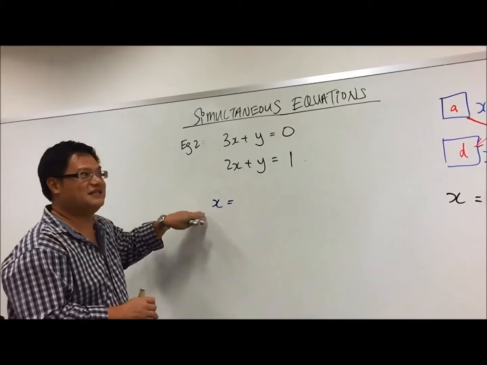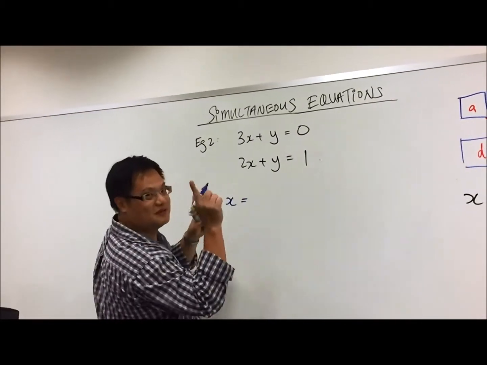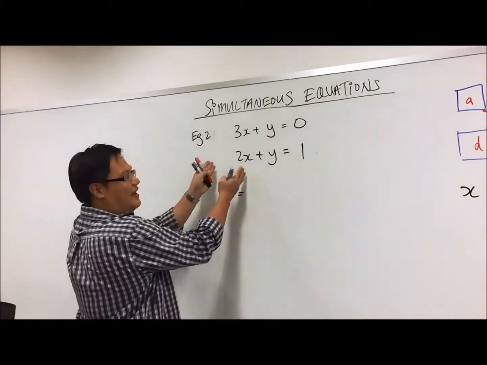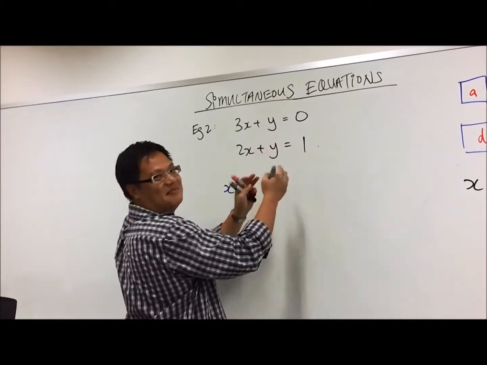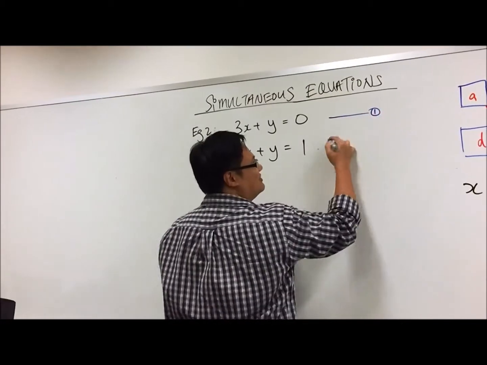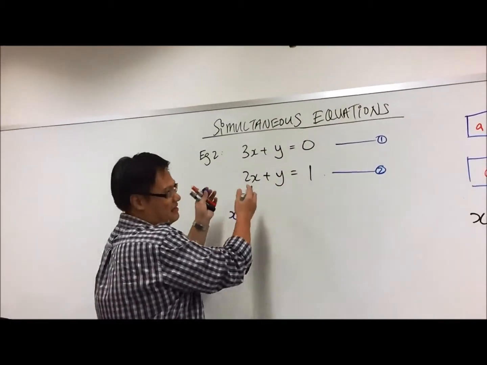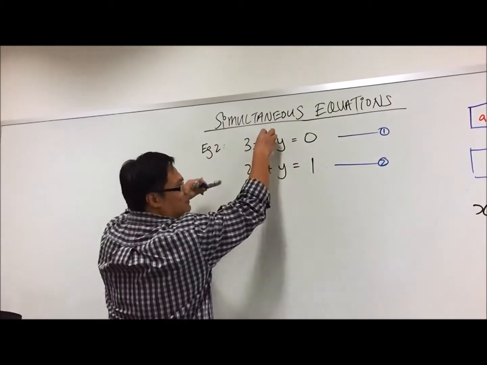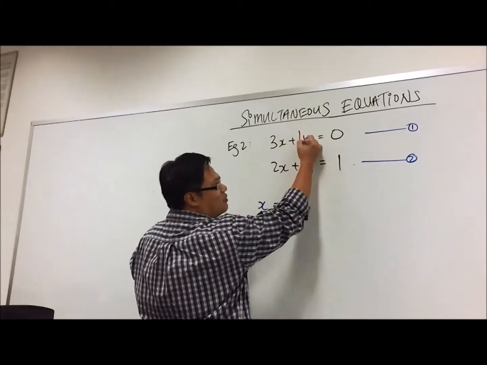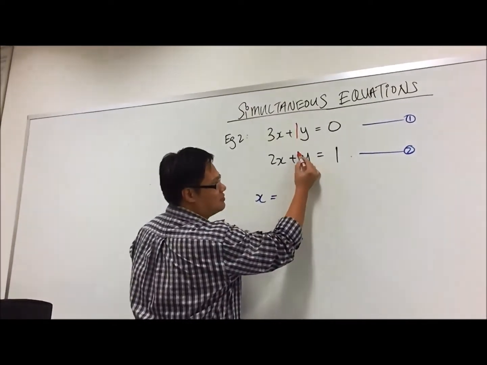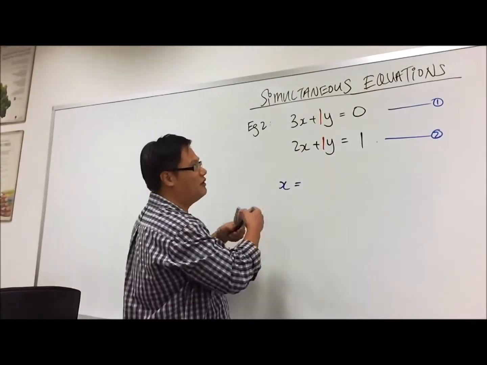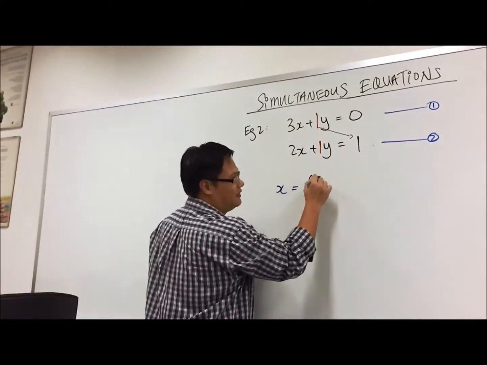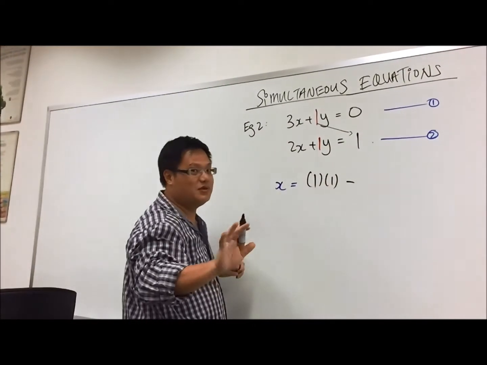The value of x equals, watch out, remember the first thing you do is arrange in x, y equals number. So we have our equation 1, equation 2, right? X, y, number, x, y, number. So x equals, what is the coefficient? What do we have here? This is an invisible 1, right? So this is also an invisible 1. So all you have to do is take this 1 times 1, which gives you 1. Minus is always minus